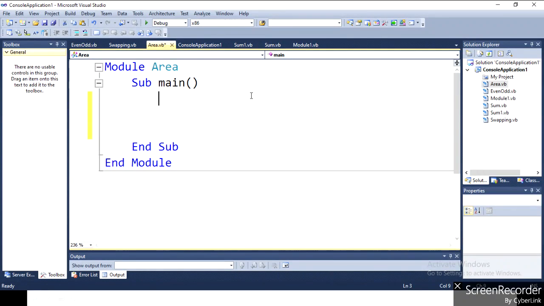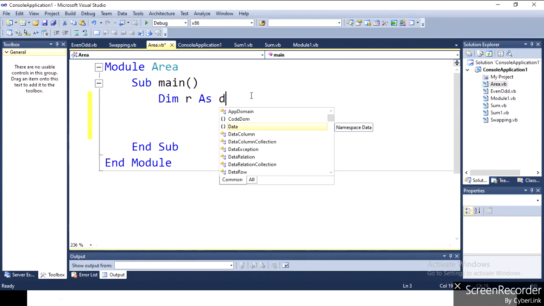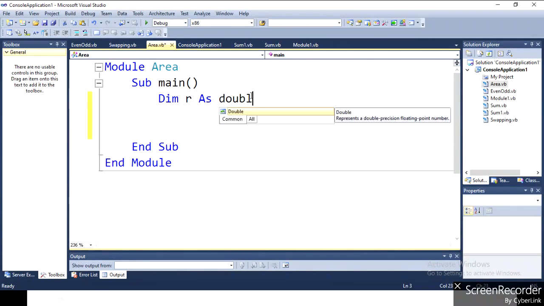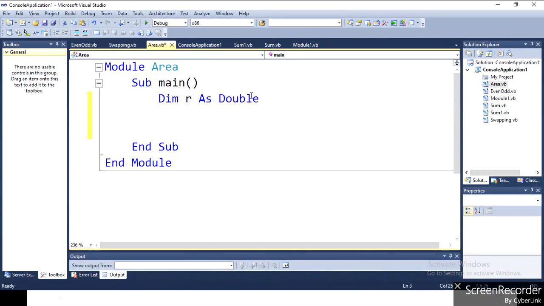The equation to find the area of a circle is pi r square. So first of all, in the declaration part, I write two variables. Dim r As Double.